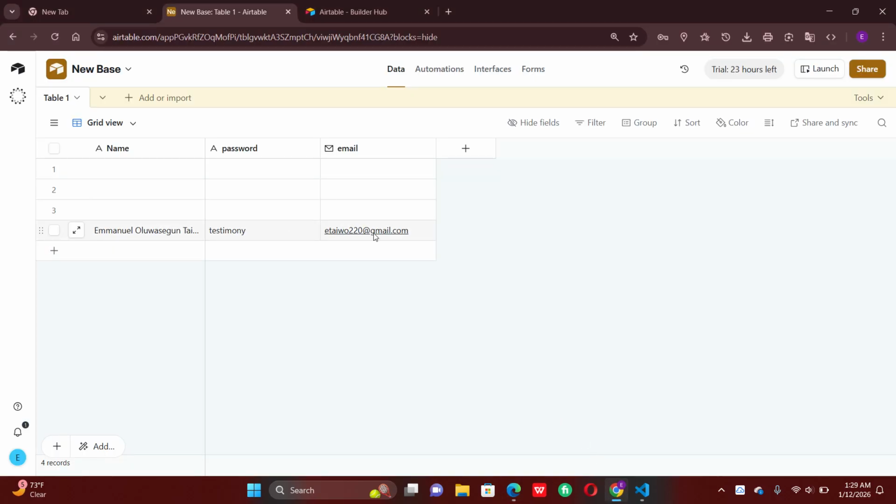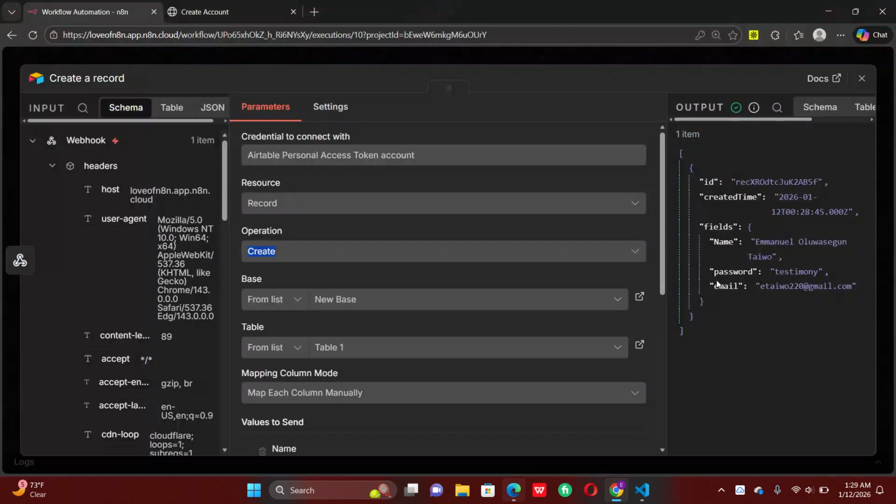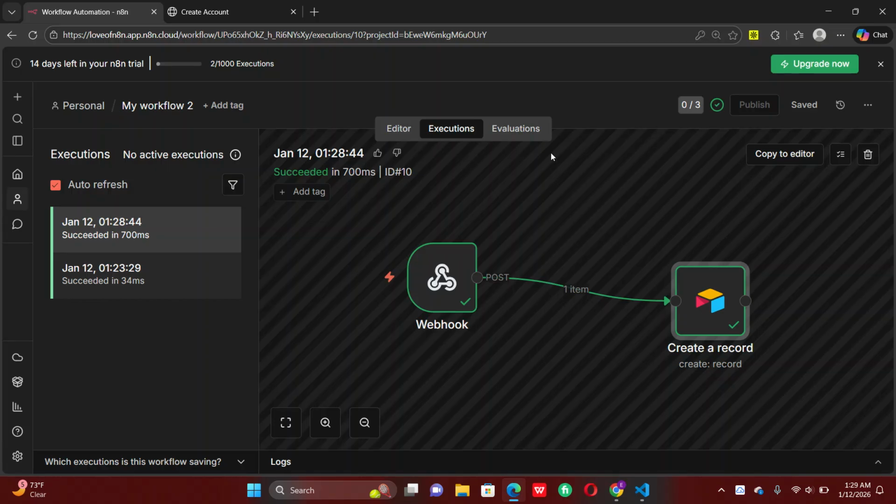So yeah, we have it here. So we can come back over and access this information. We don't even need to access it. We will now use